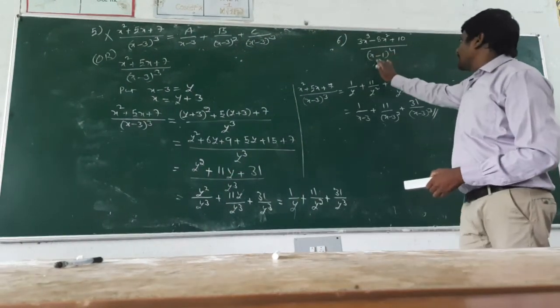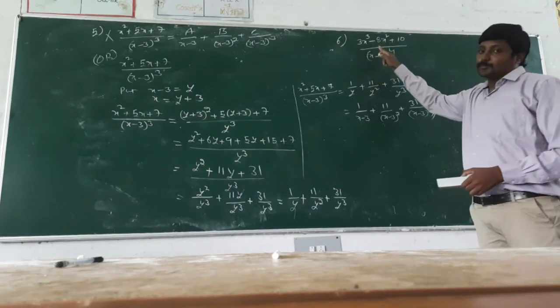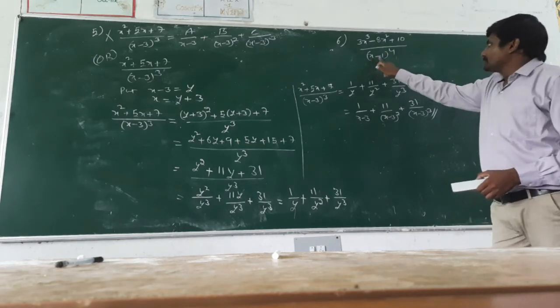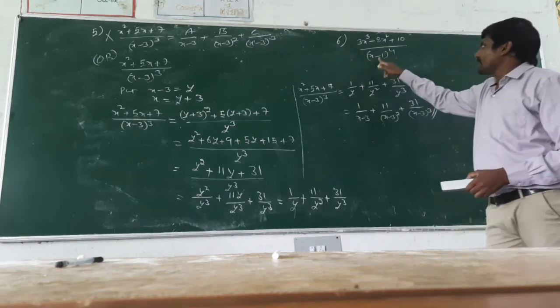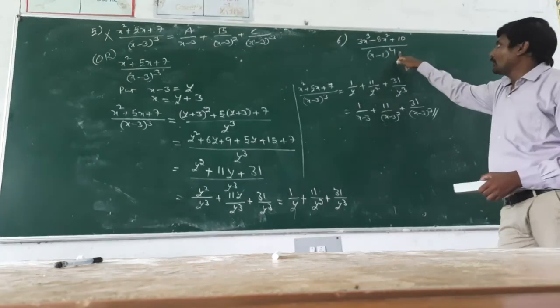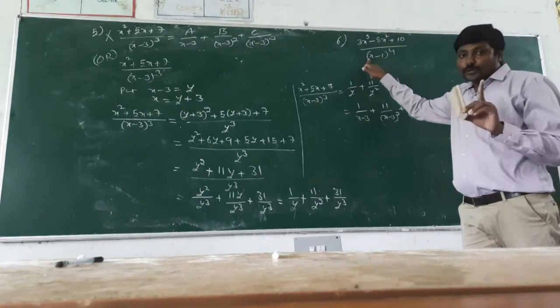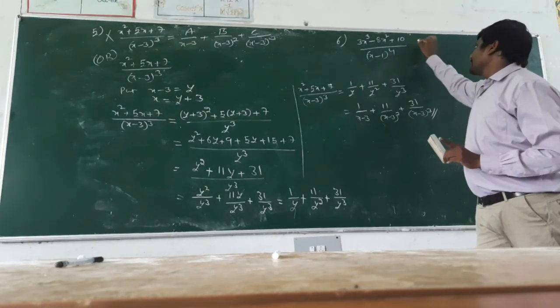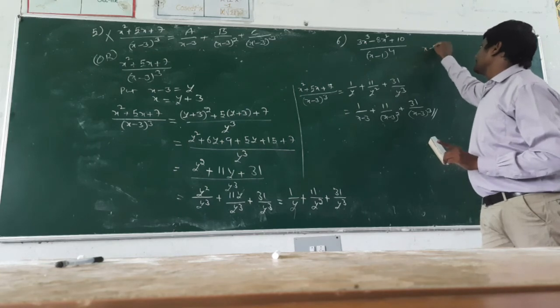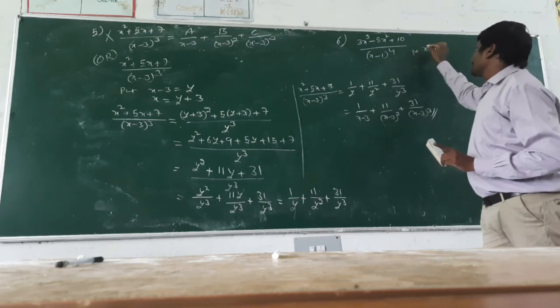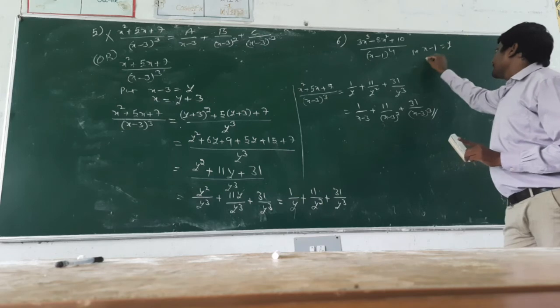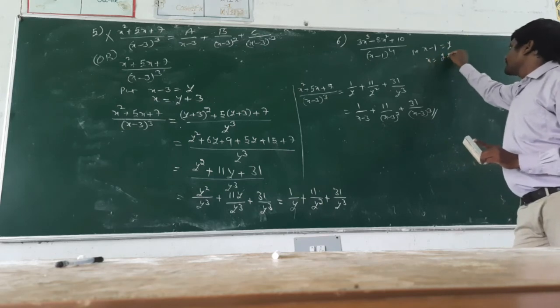Okay, once you observe here, this problem is also a proper fraction, and here observe the next, sixth problem. Here observe the x minus 1 whole power 4. It is g of x containing only one repeated linear factor. Here also we apply the second method. Put x minus 1 is equal to y and x is equal to y plus 1.